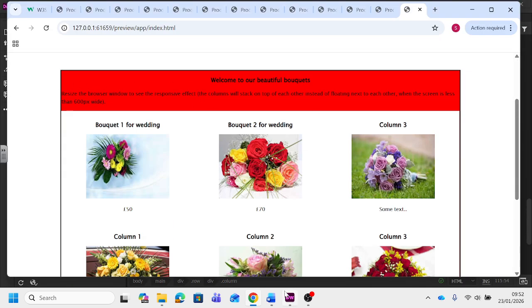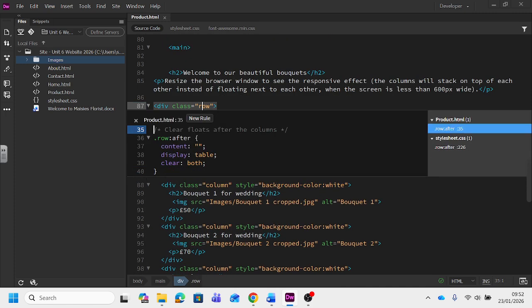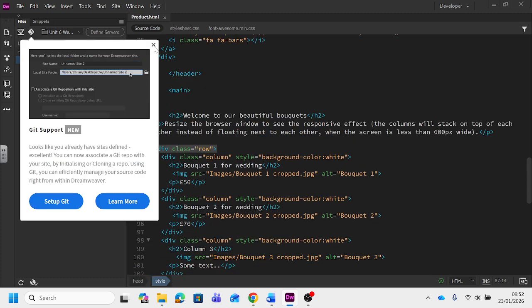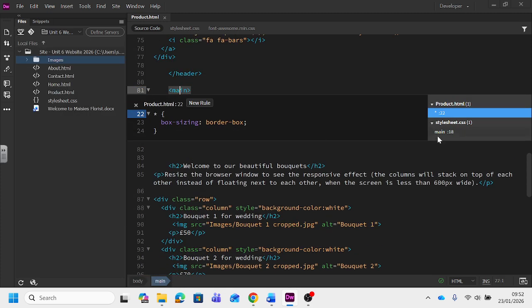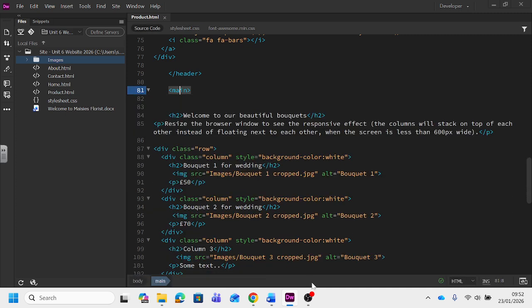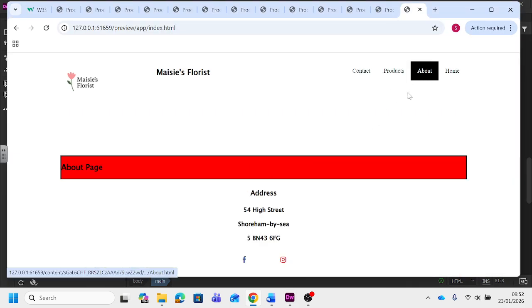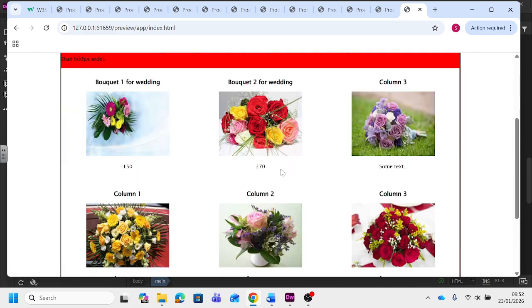This red here, that is within this row area. So again, if you look up at the top here, oh sorry, I think it might be the main area. Yeah, I think we've kept that as red at the moment. But we're going to be working in other pages, so just leave that red until right to the last minute. Otherwise, if you change it now, and then we go to the about page, it will automatically change in the about page as well. So you might get confused on that one. So at the moment, just leave that there and just try and complete